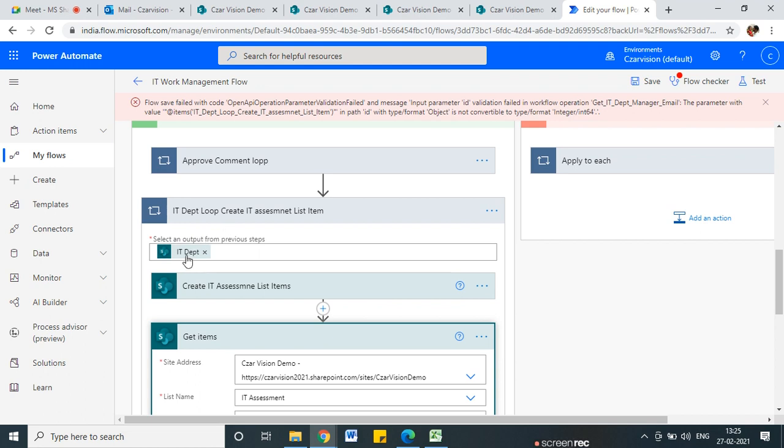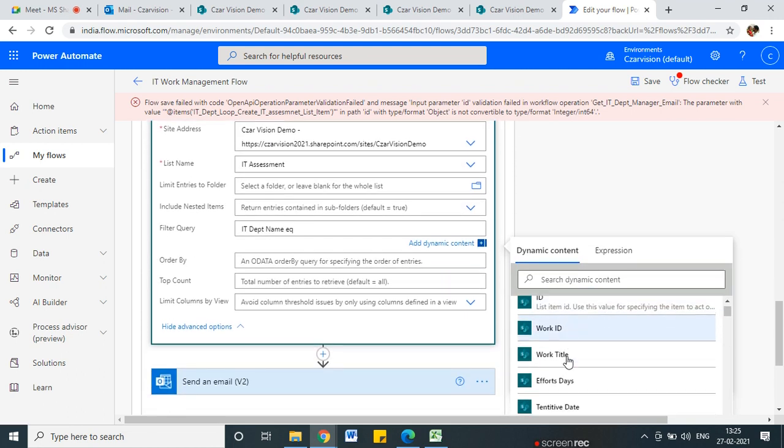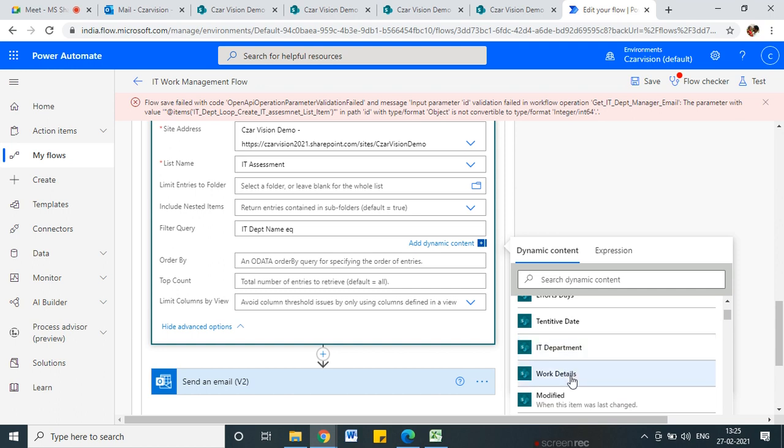Get item IT assessment, and this is the create list item, and here IT department, sorry guys, so here IT department approve comment, then goes here, and here from this create item, the item which is created, okay, for that, okay, so I say create item, and from that I will just retrieve the